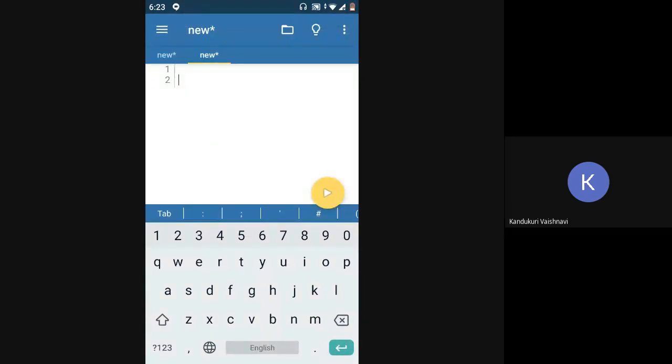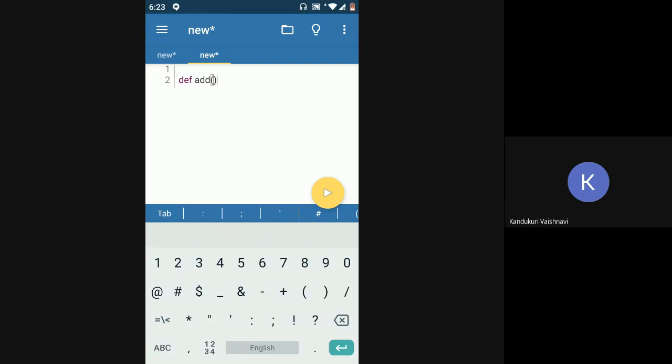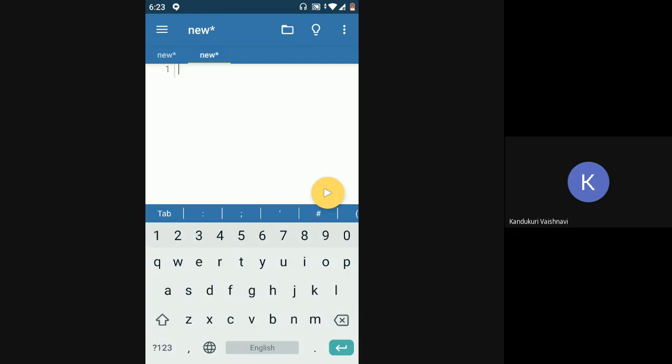So now every time I create a new file, wherever add is required, I have to write the add function again and again. So in order to save rewriting the code, whatever functions or variables you have written in one file, you can access in a different file as well. Okay, so let's see how to do that. In order for any code to be used in another file, that code is basically called a module.